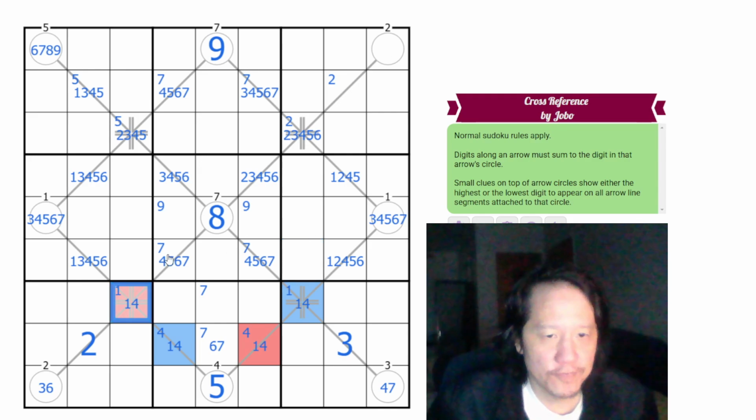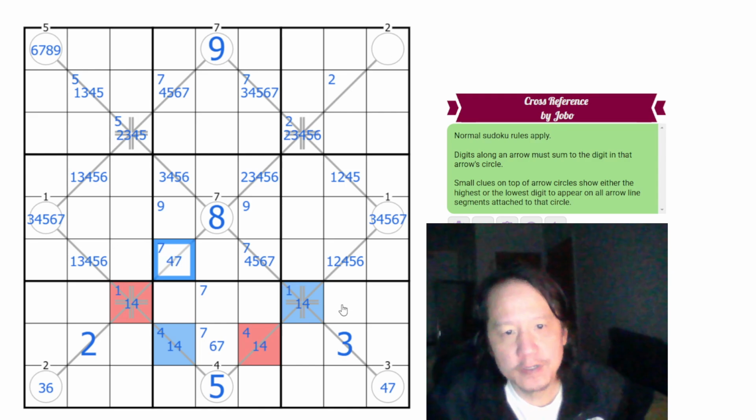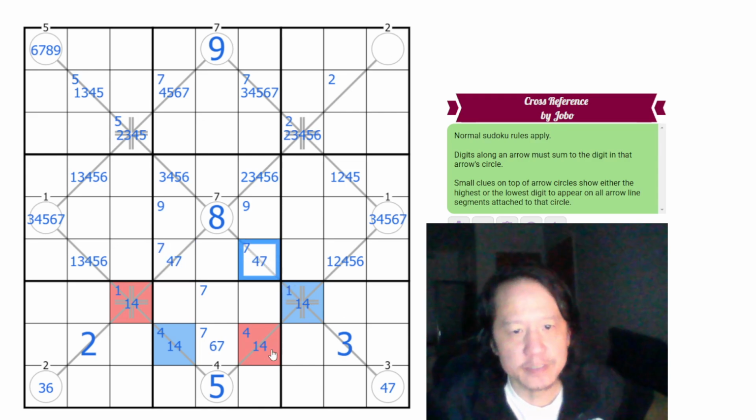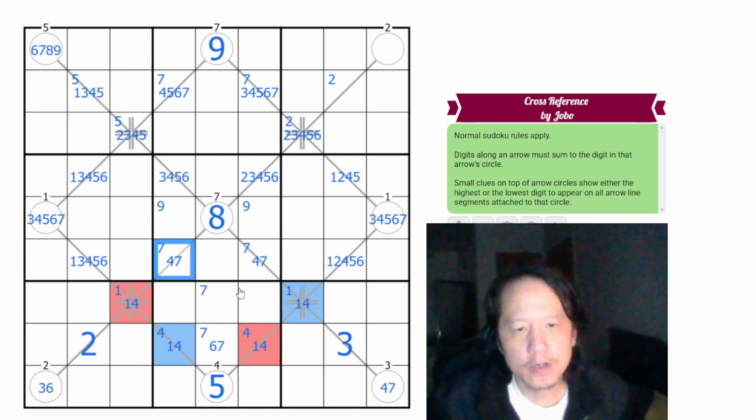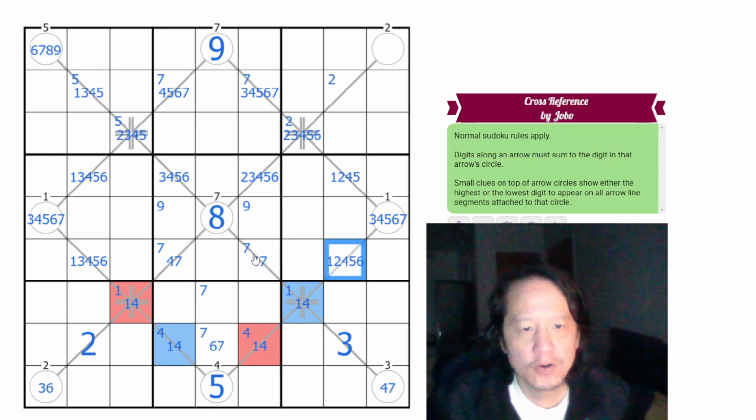So this is 1 or 4, which means this has to be 4 and 7. And this has to be 4 and 7. Aha. So now we have a 4, 7, 4, 7 pair in row 6 and in box 5, which eliminates 4 and 7, because these have to be 4 and 7 to add up with 1 or 4 to add up to 8. So therefore, there's no 4, 7 in the remaining cells in box 5 or in the remaining